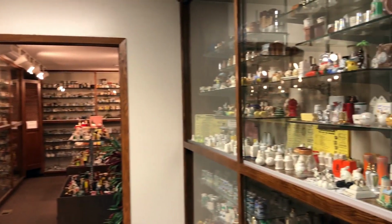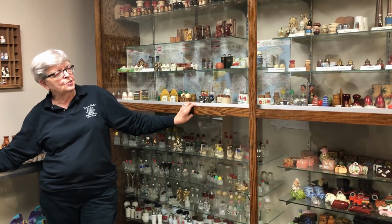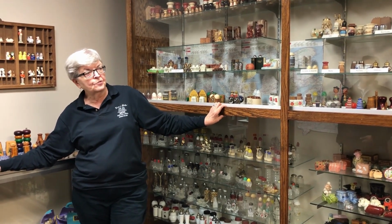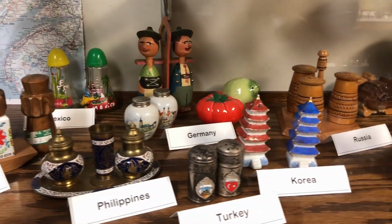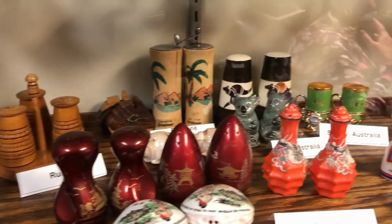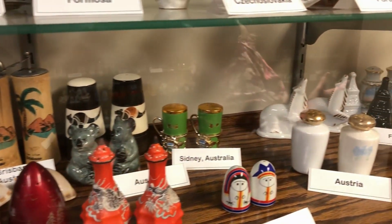This is probably the part of the collection she's most proud of. And she never went to any of these countries herself. Most of them were brought to her by people who did travel. Yeah. And the rest of them,